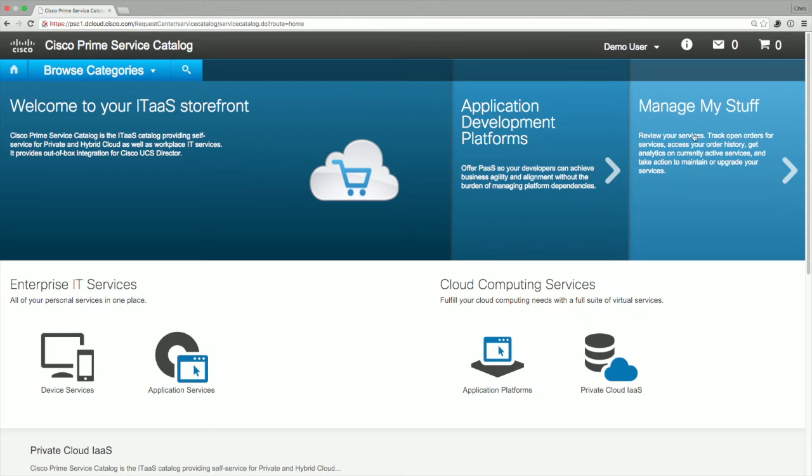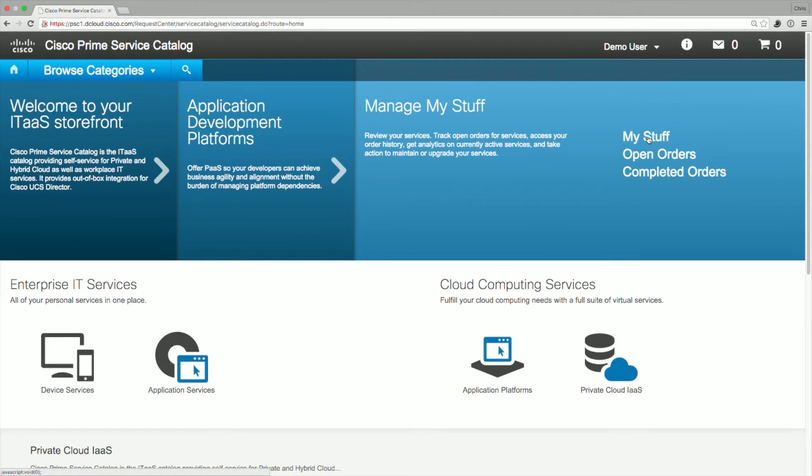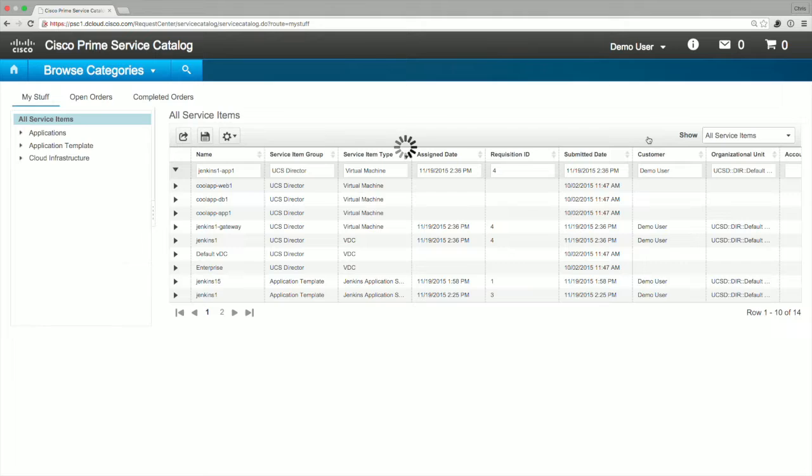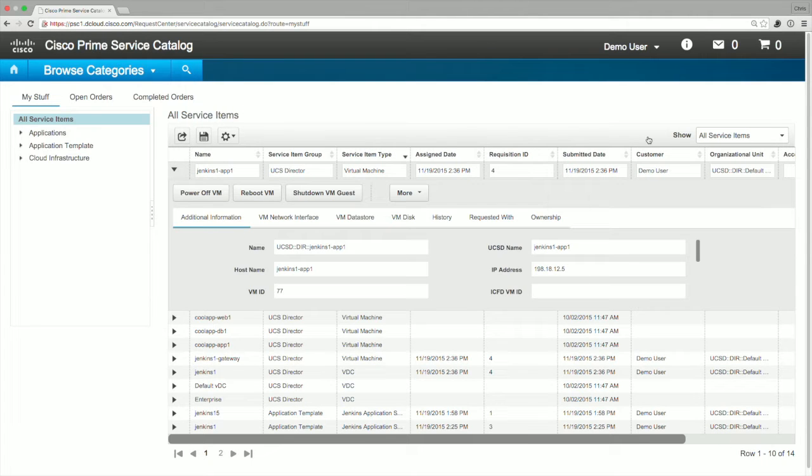So the best place to start is to log in as the user. So here we're logged in as demo user. We're going to go to Manage My Stuff. And then under My Stuff are all the services that you currently have in play. So here you can see that Jenkins server that we created. We can also see that we've got a number of different things we can do right here from Prime Services